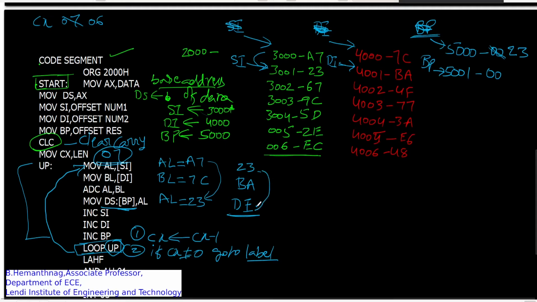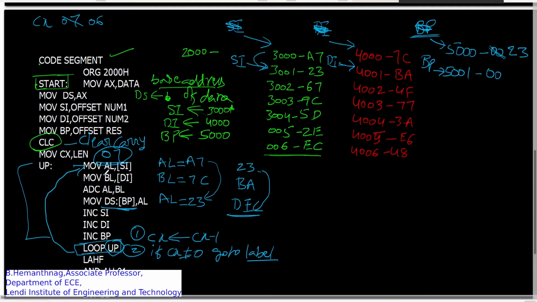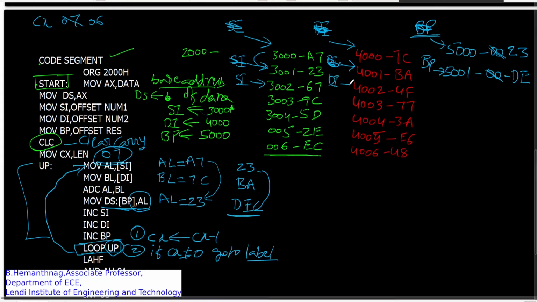Now this will change to DE after the addition. Now that content of AL is to be stored in the pointed location of BP, that is 5001, in the place of the 0. Now again pointers are incremented. So SI now moves to this point. It points to 3002. DI points to 4004. Similarly, BP points to